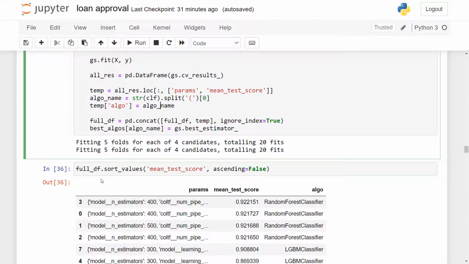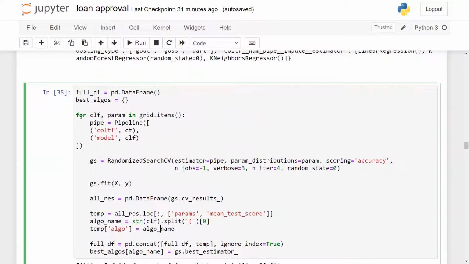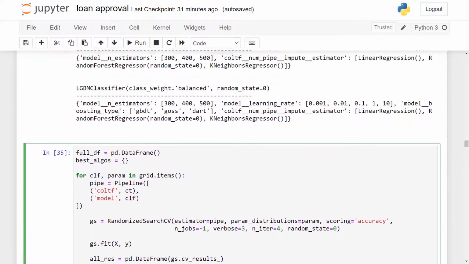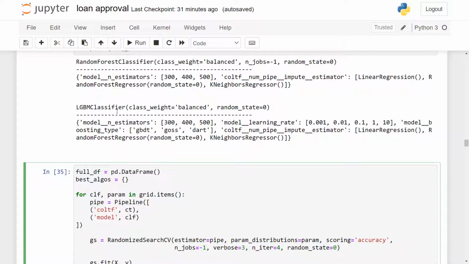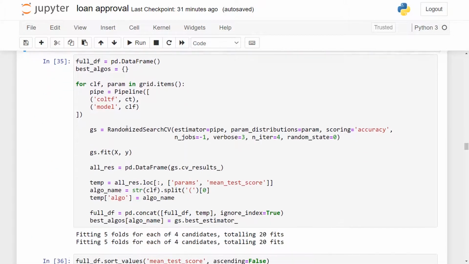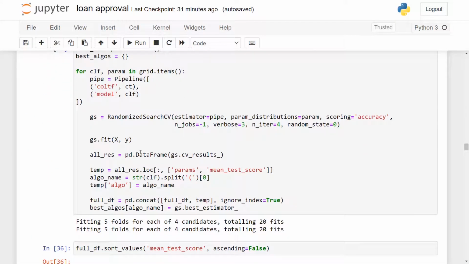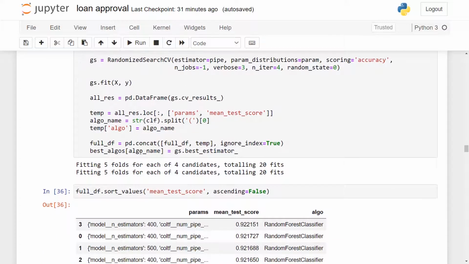Now in the first iteration of the for loop, it will run for random forest, and in the second iteration it will run for LGBM. We want to append these two data frames together, right? So I'll do a pd.concat with the full data frame. Initially it is empty, but it will be filled after each iteration, and I'll be appending the current temp dataset to this full df.